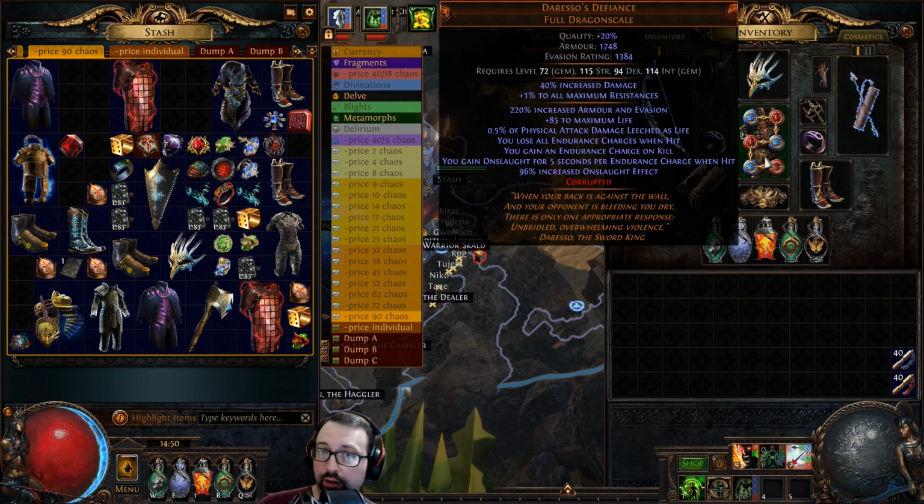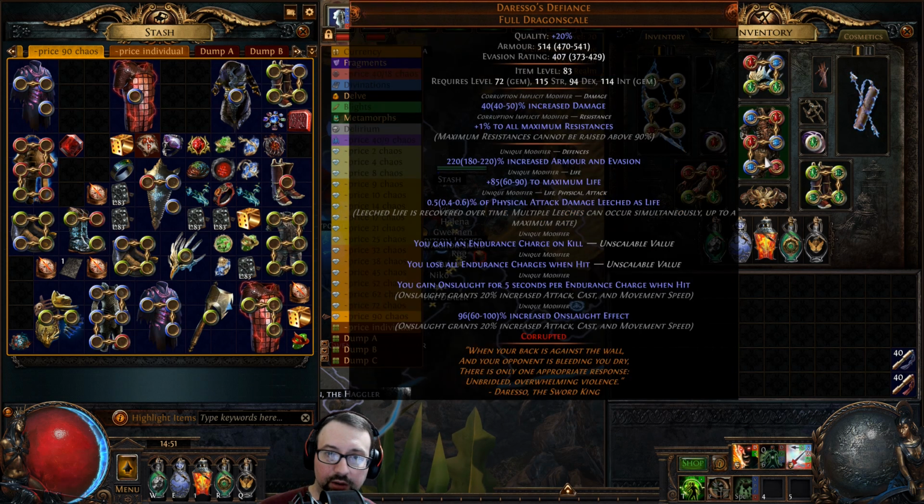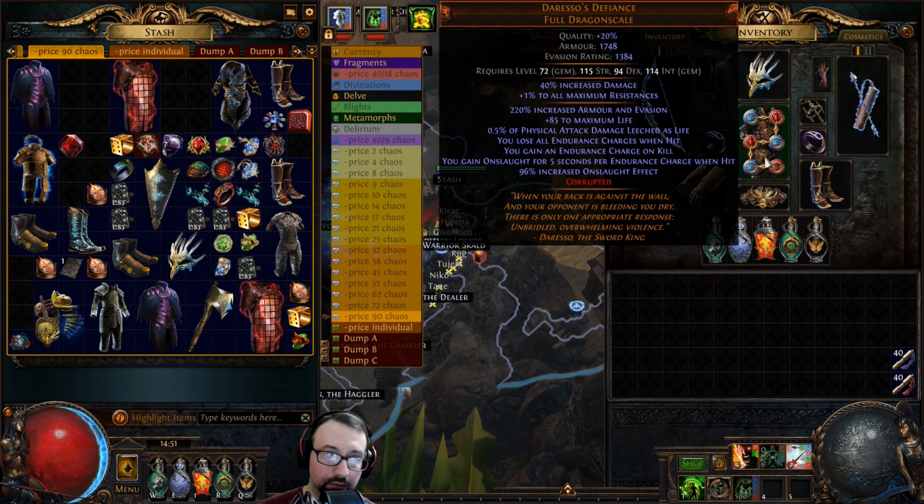It's actually better than 2 tier 1 prefixes, because they only go up to 100%. So that's huge right there, especially for a high tier armor. Full dragon scale is a good base armor, especially if I am stacking armor and evasion, which I am, because I'm using grace and determination. You get precisely the benchcraft prefix roll, 85 max life, which is obviously good, not the best, but it's good. You get gain endurance charge on kill. Now, to me, of course, that's better than...